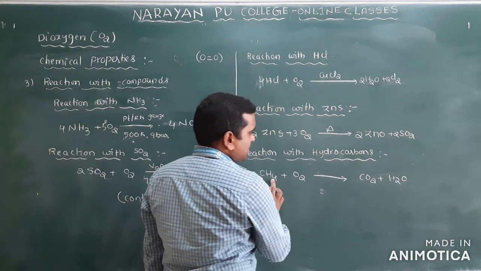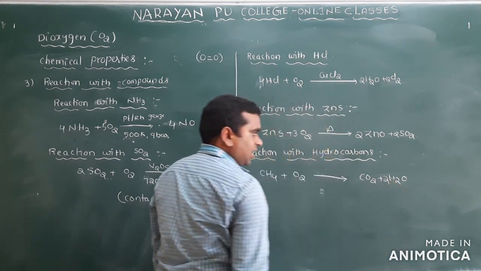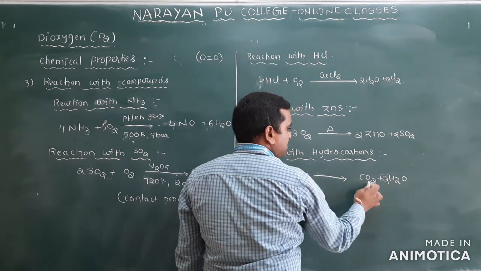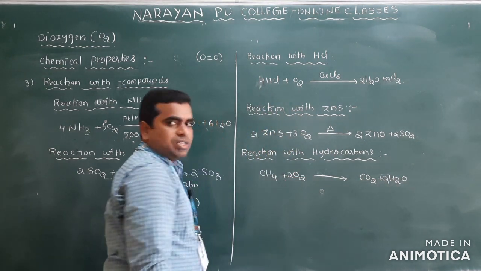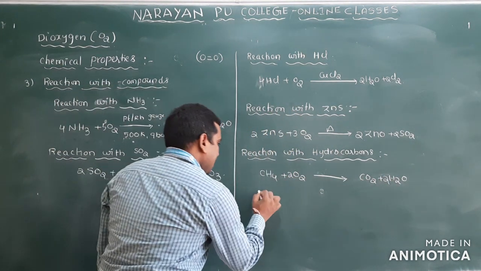And how many hydrogens are there? 4. I will multiply this one with the 2. So then how many oxygen atoms are there? 4. So multiply this one with the 2. Clear? In the same way, take suppose